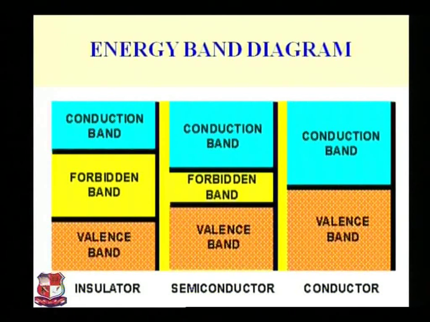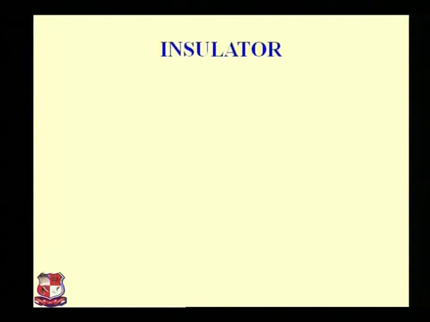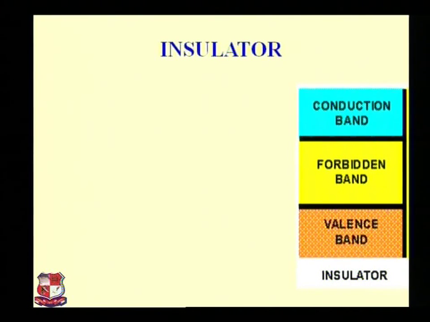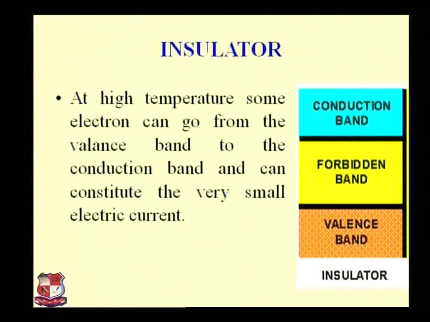Let's understand individually. What is the effect of temperature on the insulator? See the energy band diagram. Now at high temperature, some electrons can go from the valence band to the conduction band and can constitute a very small electric current. At a very high temperature, some electrons can go because the forbidden gap is very large, up to 5 to 8